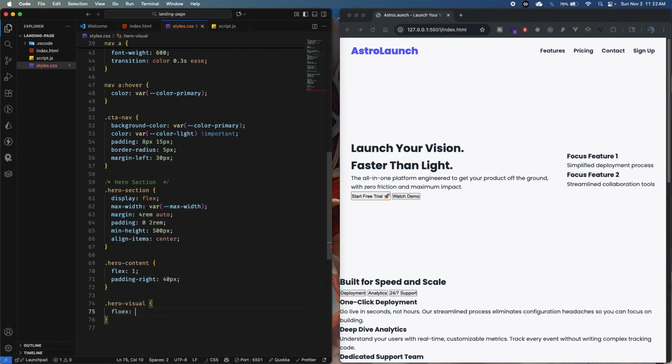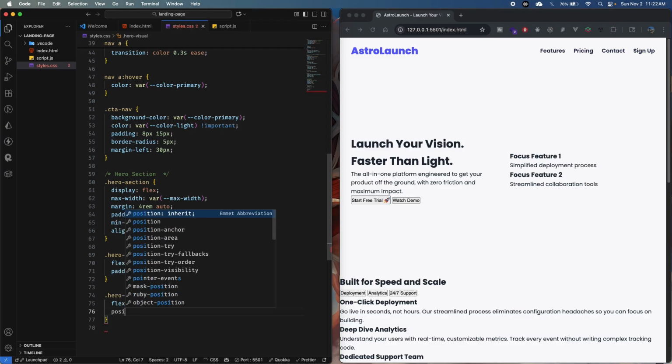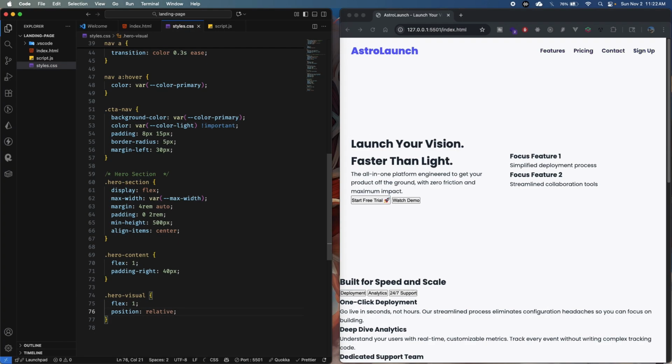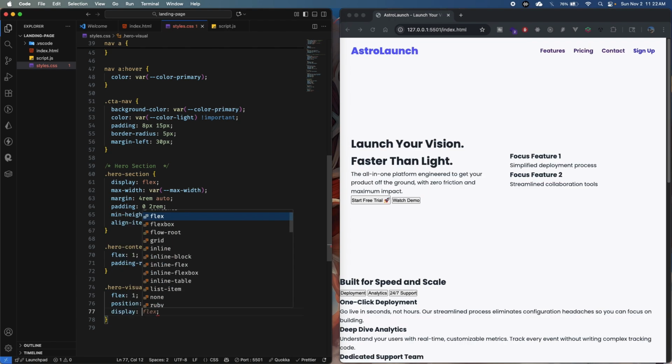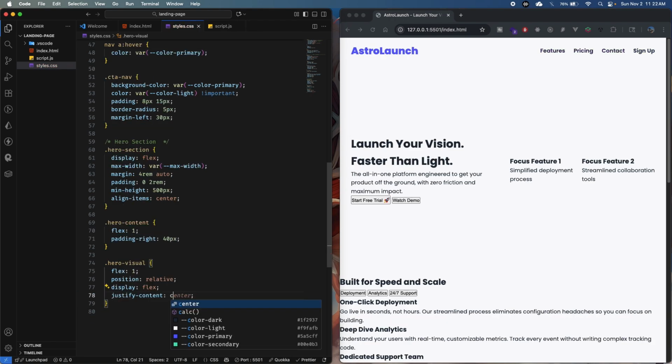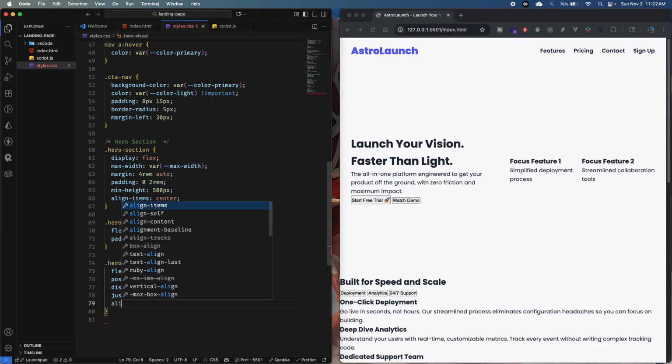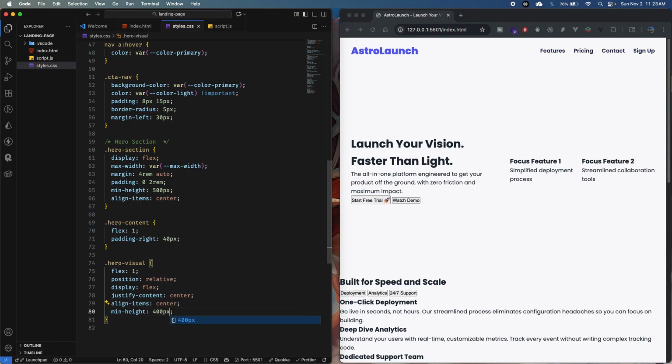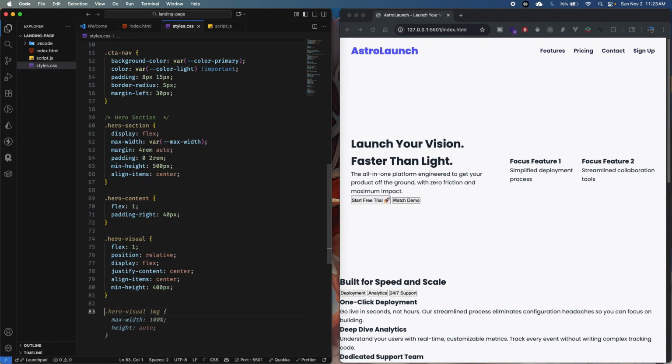Let's put flex 1. Then I want a position to be relative. I want a display to be flex too. Then I want a justify content to be on the center, and align items to be on the center too, to be centered on y-axis and x-axis. And for the last I want a min height to be 400 pixels. Good. Then for the hero title,